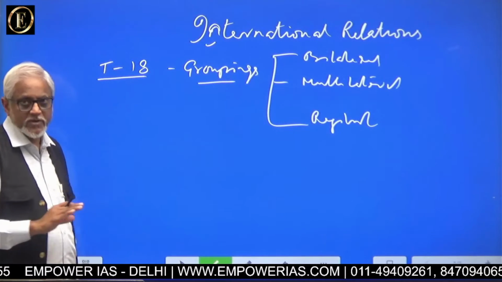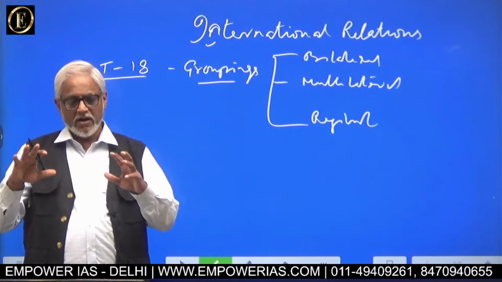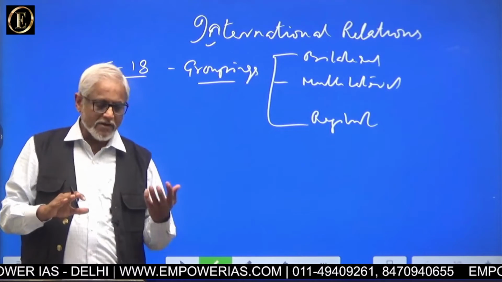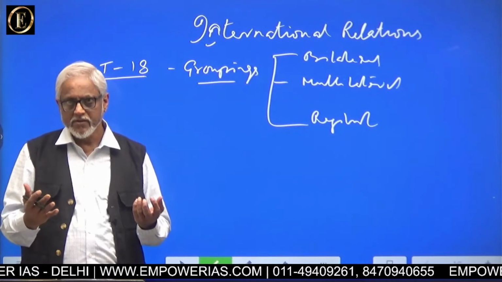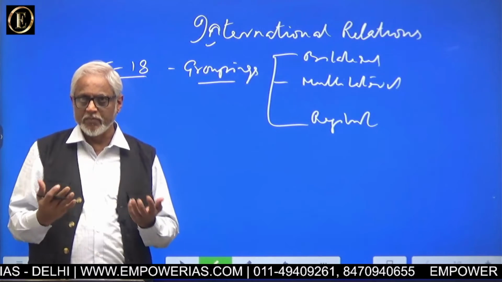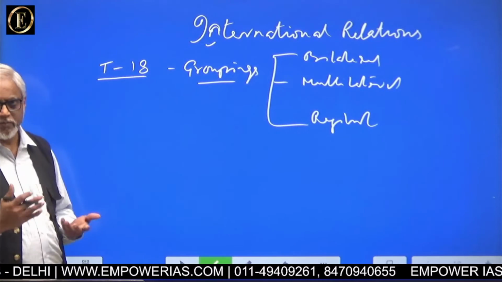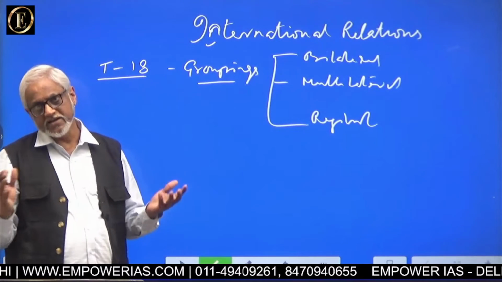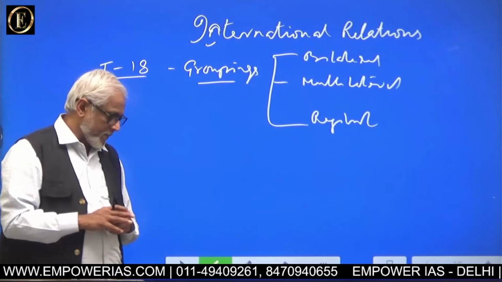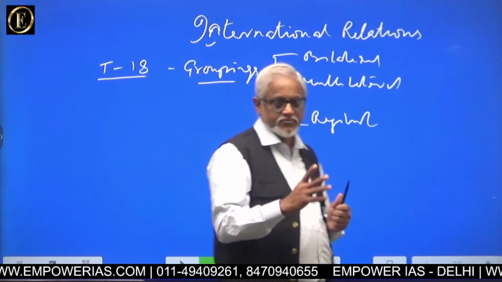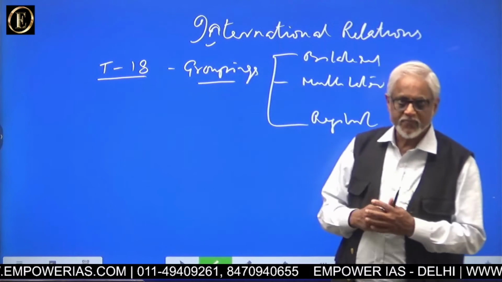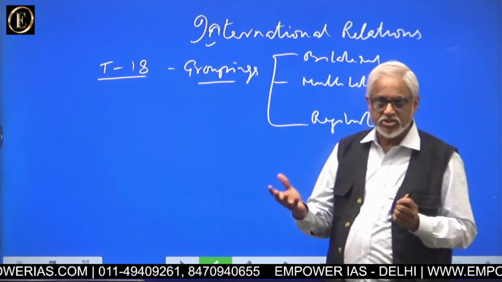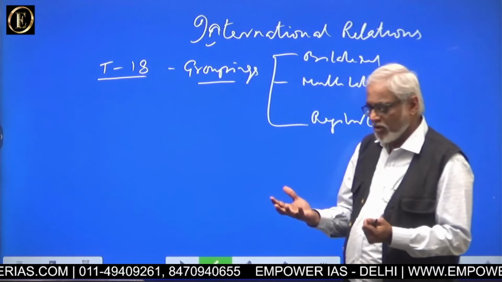Now bilateral groupings can be like India and Gulf countries, or India and South Asia. So this is called bilateral groupings. That kind of groupings can be there, and you see that very often this kind of groupings are emerging. There can be multilateral groupings, like the SCO, Shanghai Cooperation Organization, or ASEAN itself,